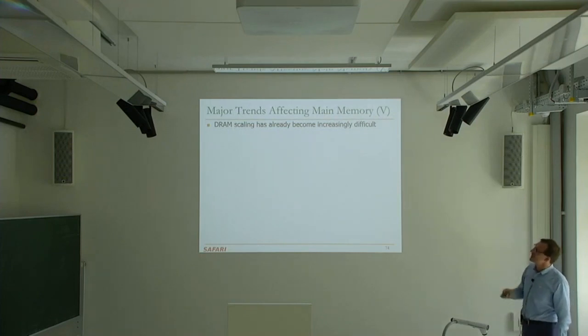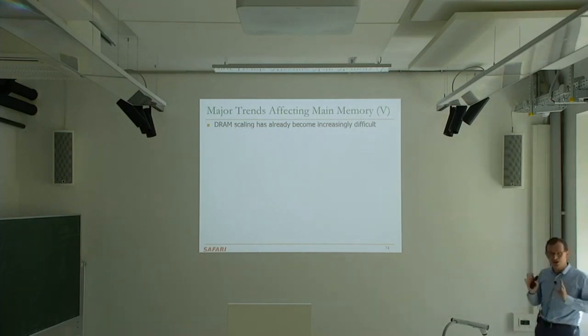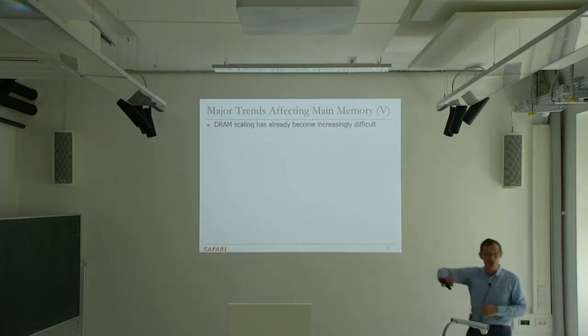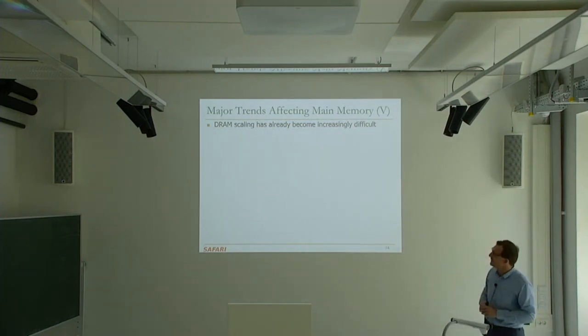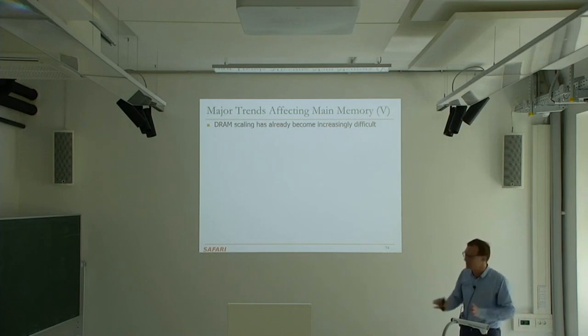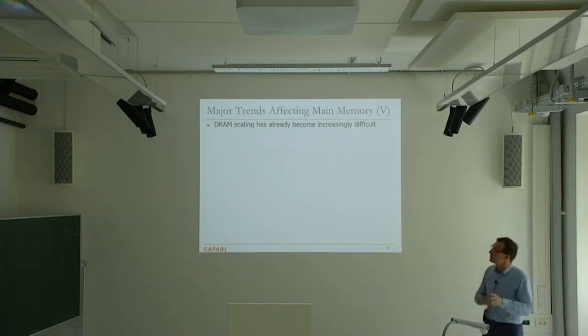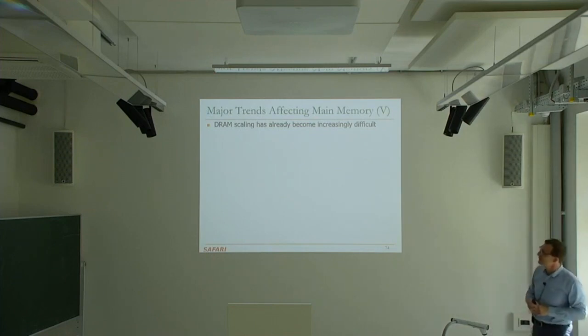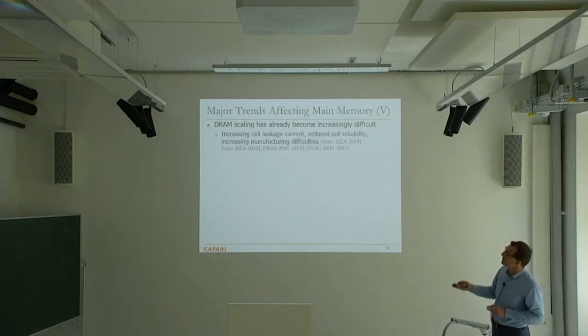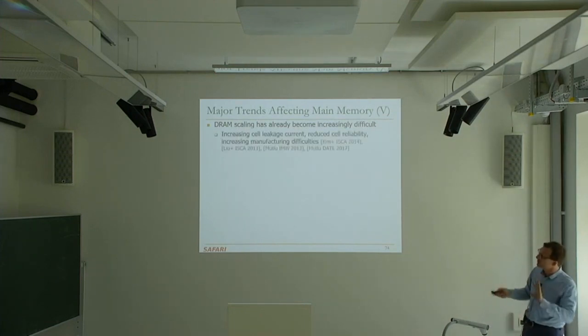Essentially, DRAM scaling has become increasingly difficult. RowHammer is a very concrete and real example of it that has had tremendous impact on especially the system security community. And I think there are going to be more. Of course, people are going to be much more careful after RowHammer, right? They're going to try to fix all of those issues beforehand if possible. It may not be easily possible all the time because especially if you're cost sensitive, it's difficult to fix some of these issues. So clearly this has become more difficult because we are having a lot of difficulty. We're going to talk more about that.